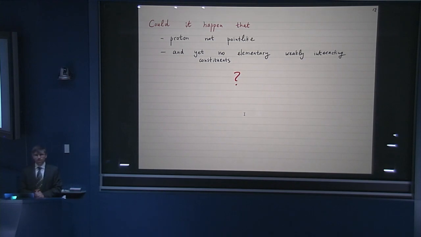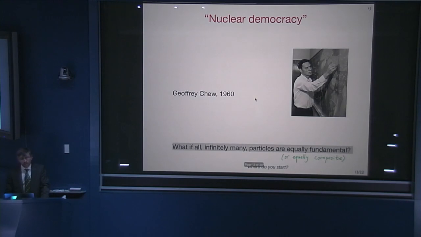So could such a world exist? It's kind of a weird question given that we already know that our world is not like that. But if we roll back the history clock to the 60s, when these particles, this huge number of particles that we now know are composite, were starting to be discovered, then actually this idea was one of the dominant ideas in theoretical thinking.